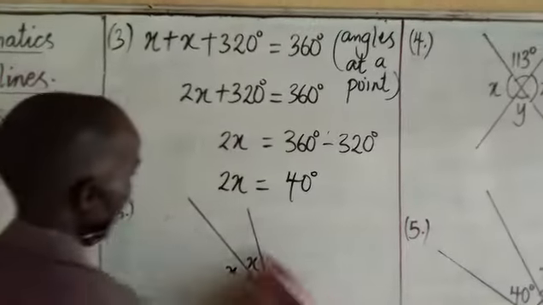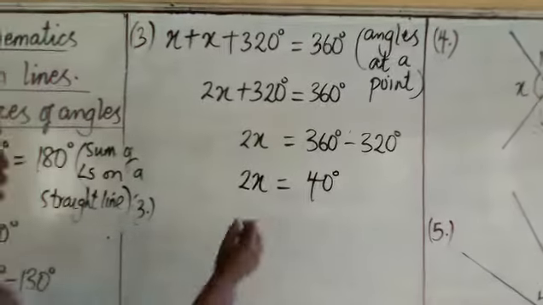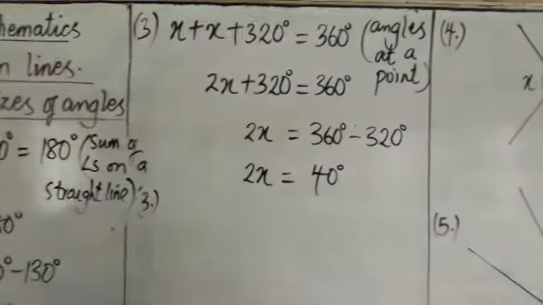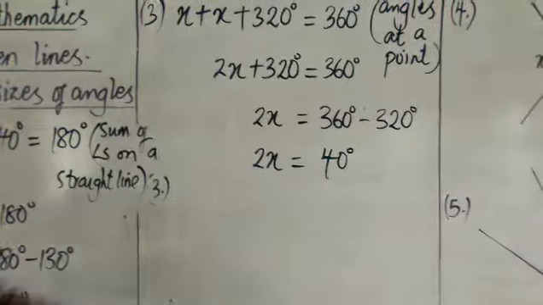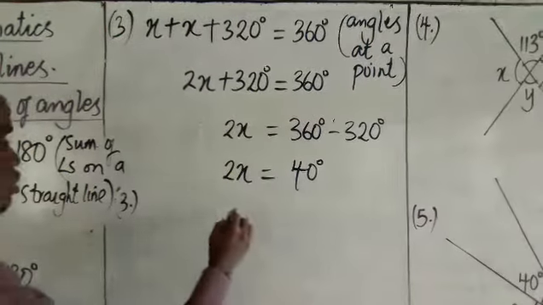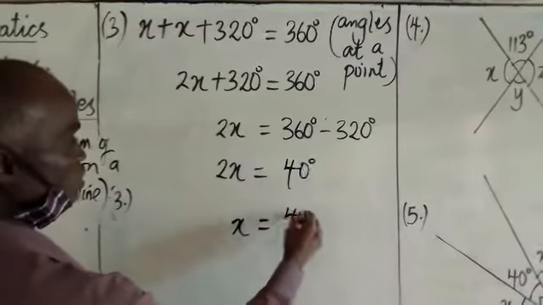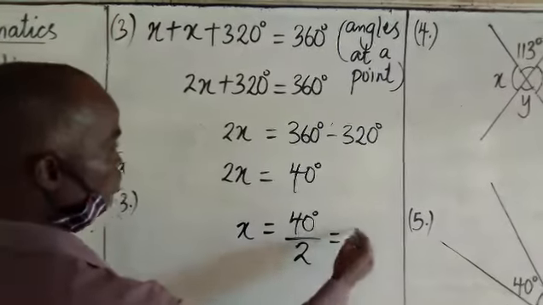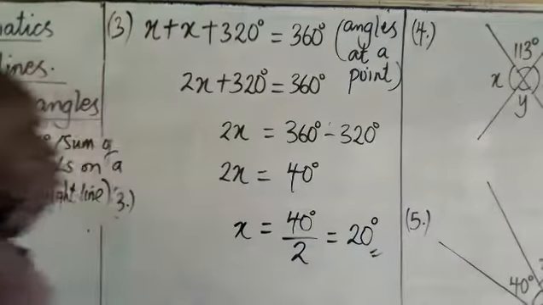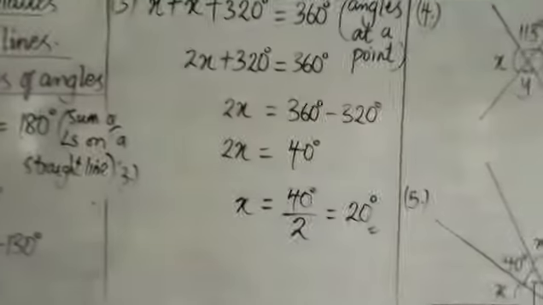So the value of x will be, we divide both sides by 2. You are familiar with equations, how to solve equations. x is equal to 40 degrees over 2. That is 20 degrees. The next one,